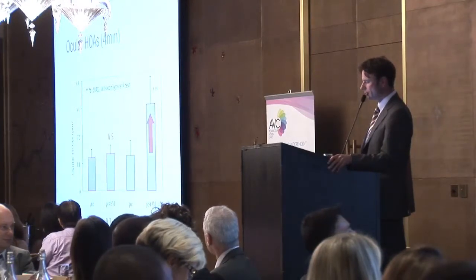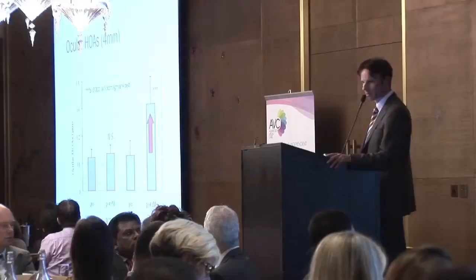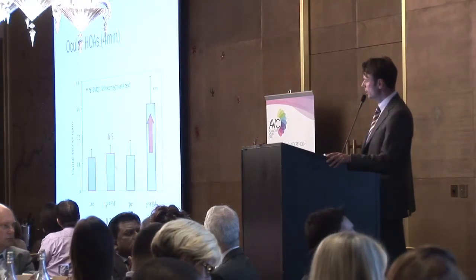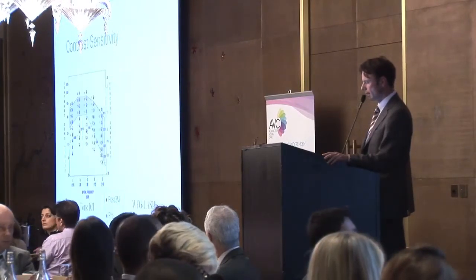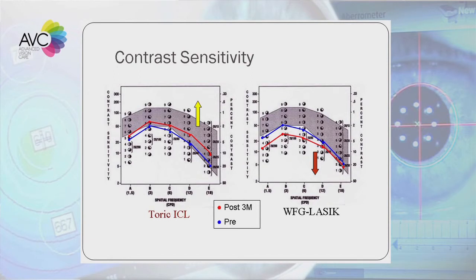Ocular higher order aberrations. Now that's another point which actually Shimizu tries to point out. When you have only an incision of below 3 millimeters, and with Merton's video it was only 2.65, there is not much correction you do to the refraction of the eye. It's very clear, so you basically don't change the higher order aberration. That's why it's non-significant, the change, whereas when you do a cut opening, then for sure the higher order aberration is worsened. And in consequence to that, contrast sensitivity on the left side for the toric ICL, it goes up. The red line is 3 months post-op, contrast sensitivity is going up, whereas with the wavefront guided, it's going down, and this is, I think,